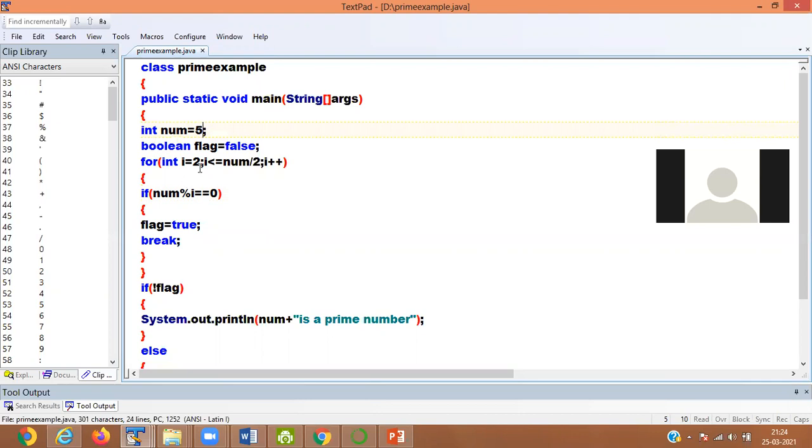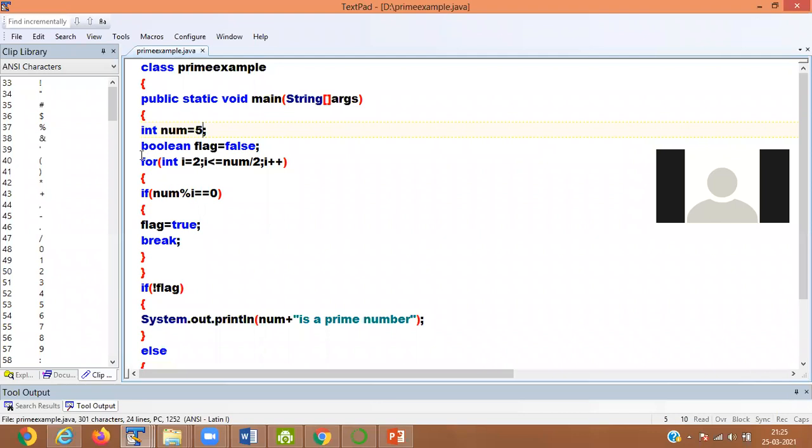So i is equal to 2. 2 is less than 5 by 2. 5 by 2 is 2. So 2 is not less than 2, 2 is equal to 2. The condition is true. Then 5 modulo 2 is equal to 0? No, the condition is false. The i value is incremented to 3. 3 is less than num by 2, 5 by 2. 3 is less than 5 by 2?